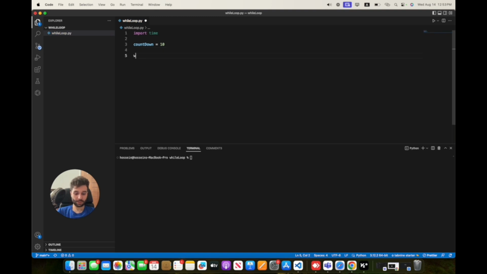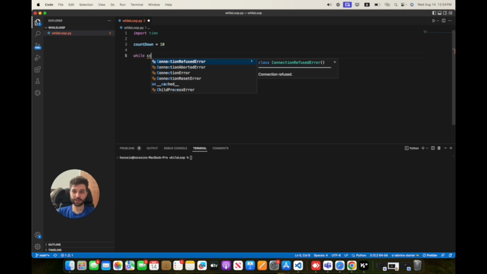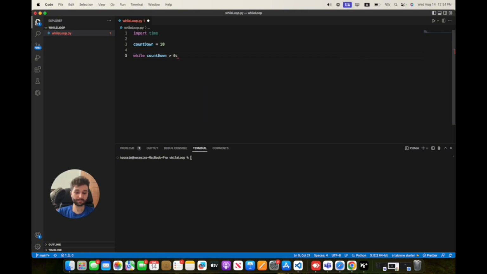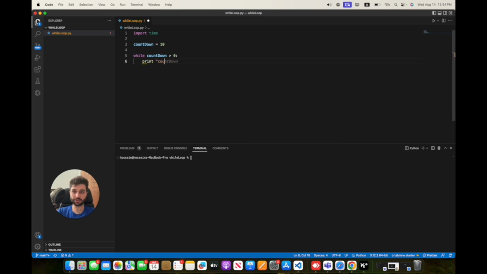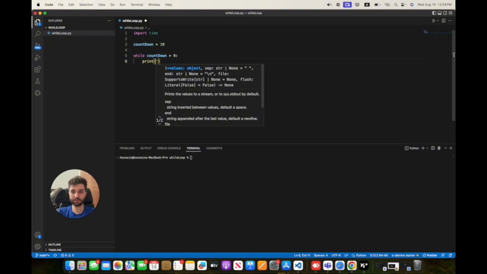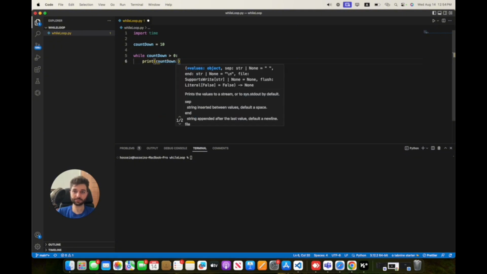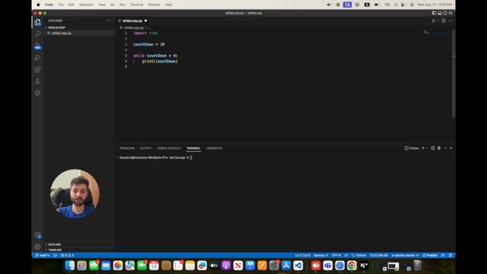I'm writing while countdown greater than 0. What do I want to do? I want to simply print this variable, I mean countdown,